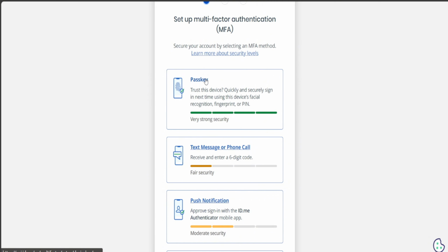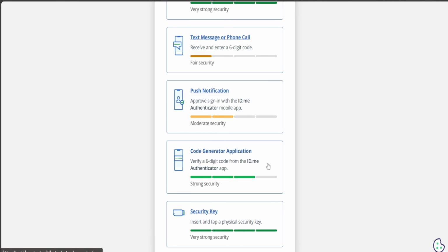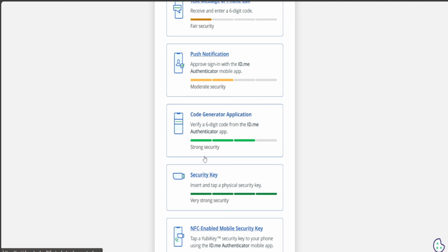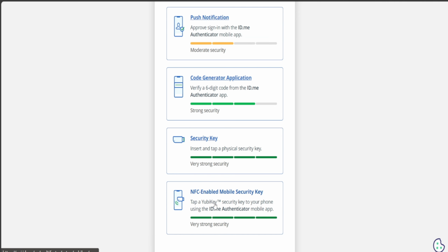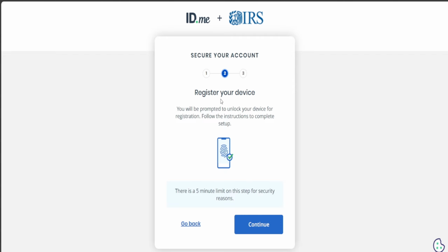So you could either use a passkey if you trust this device. You can use a text message, push notification, a code generator application from the ID.me authenticator app, a security key, and NFC enabled mobile security. So just go ahead and choose whichever option you want. You can go ahead and register your device. Just press on continue, but just go ahead and proceed with the prompts that they will ask for and do a bit of verifications, and you will be able to finish setting up your IRS online account